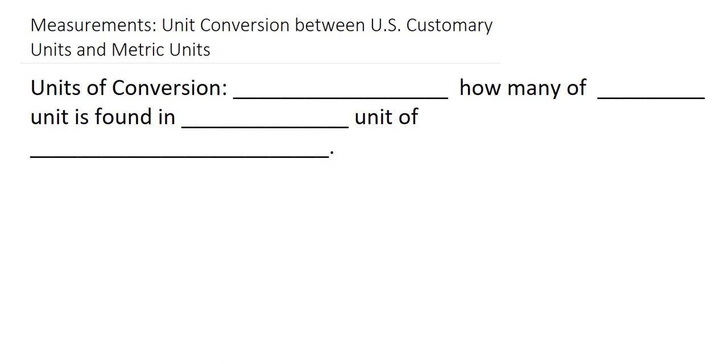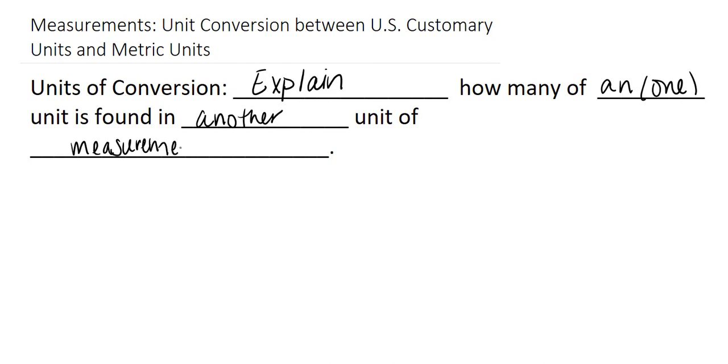Measurements. Unit conversion between U.S. customary units and metric units. So units of conversion explain how many of one unit is found in another unit of measurement. A common one between U.S. customary and metric is 1 inch is equal to